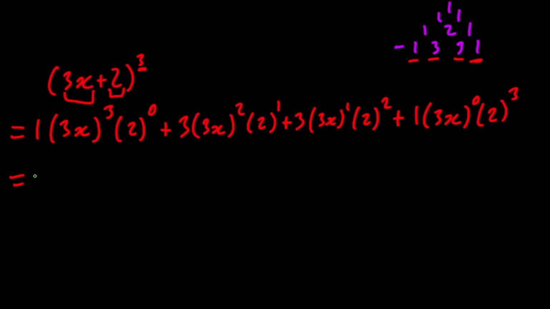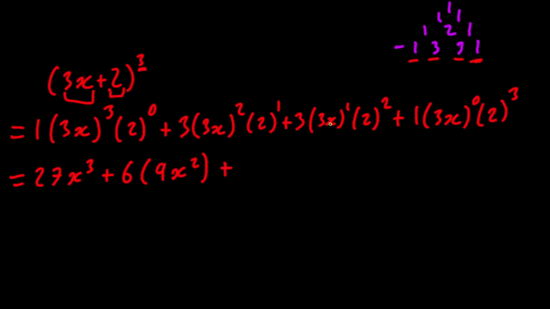Now we can simplify this. We'll get 1 into 3x to the power of 3. So we start off with the 3 to the power of 3. That's 27. X to the power of 3 is x cubed. 2 to the power of 0, which is 1. So 27x cubed times 1 is 27x cubed plus 3 into 3x squared into 2 to the power of 1. So 2 to the power of 1 is 2. We can multiply 2 times 3, giving us 6. So we have 6 into 3 squared, which is 9x squared,